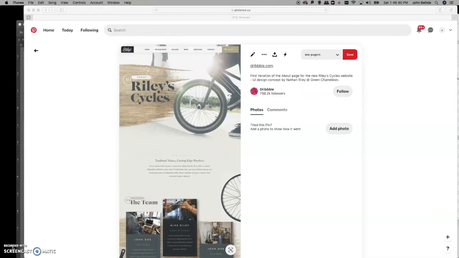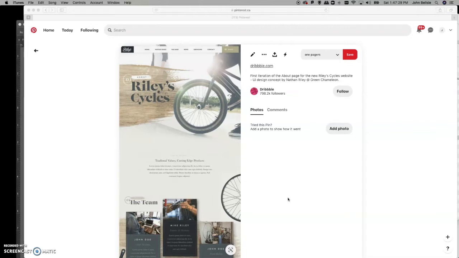In this session, we are going to look at some features of Squarespace, some sort of hidden things that you can do to make it work for you. The reason I have this Riley Cycles up on the screen is because I just pulled some long form website mock-ups that work pretty nicely in that they are fairly seamless, and that's one way to create an interesting